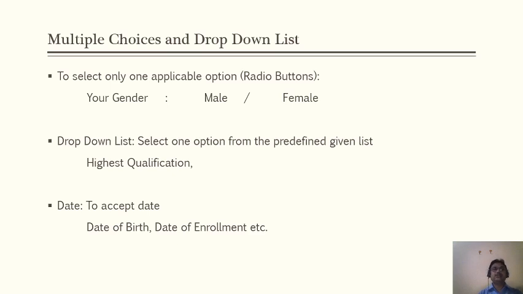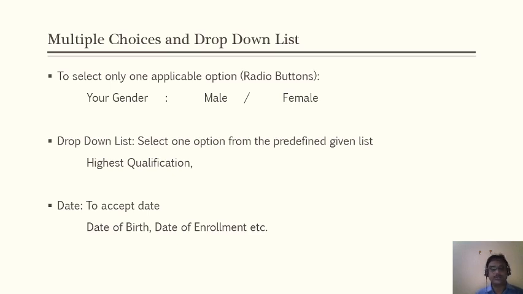So in that case, instead of multiple choice or checkboxes, we may go with the drop down list. The drop down list is like this: we have a number of items, but they are not always showing on the form. When the user clicks on the option, a drop down list is populated, and the user selects the appropriate answer. So if we have to give a lot of choices to the user, and only a single choice needs to be selected, then we may go with the drop down list instead of multiple choice.